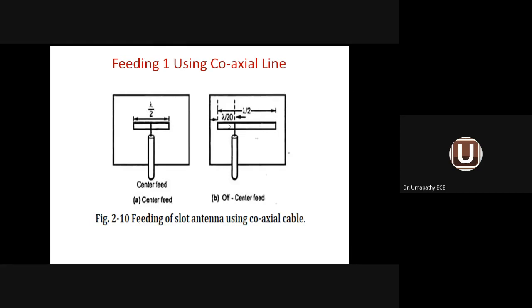If the length is lambda by 20 from the end, it is said to be off center. So when I feed the signal into the slot antenna at the off center, what will happen? There will be an impedance matching between the transmission line, the coaxial conductor, as well as the slot antenna. When there is an impedance matching, what will happen? All the incident energy, maximum energy, will be transferred to the slot antenna so that